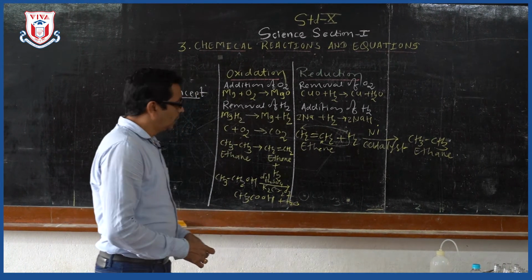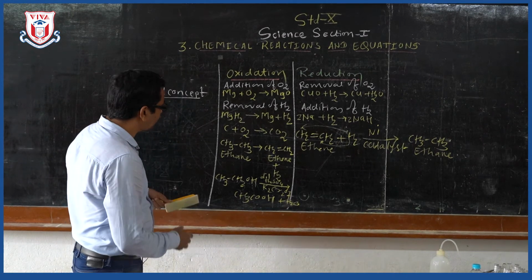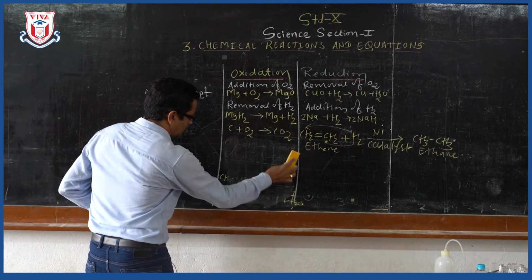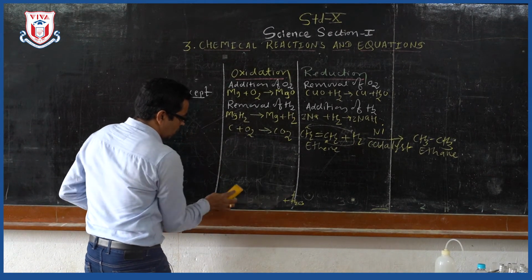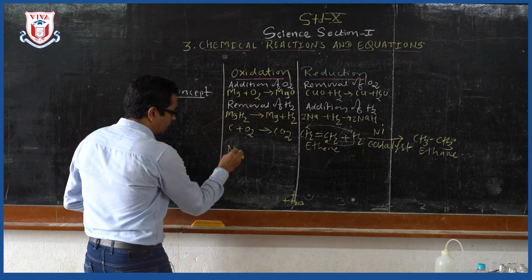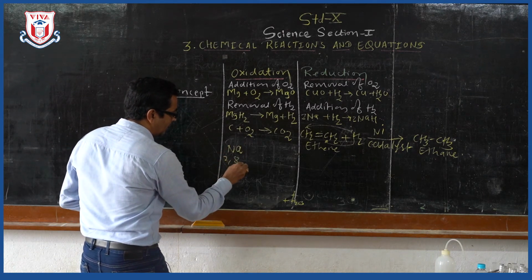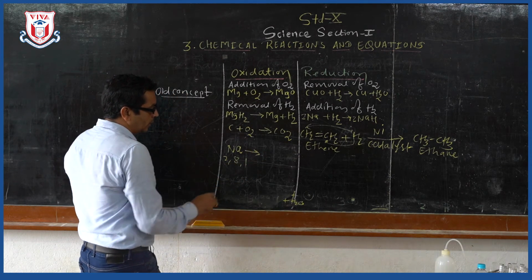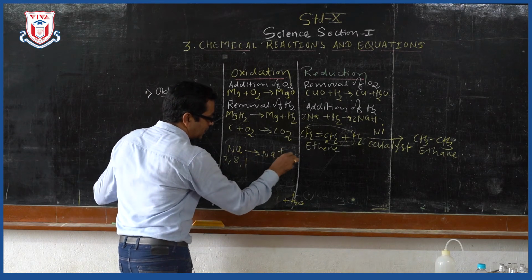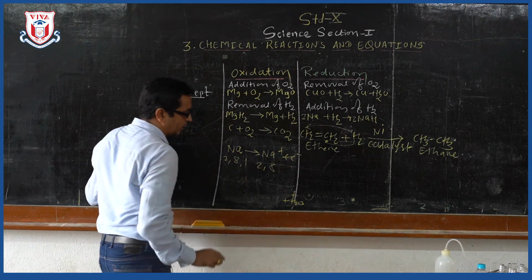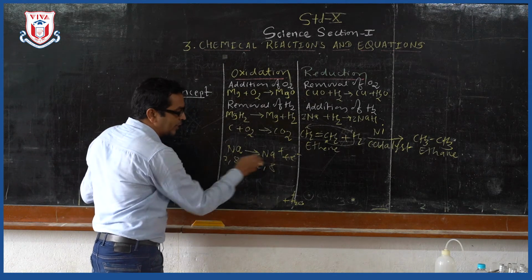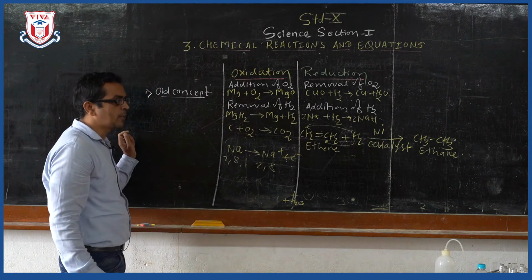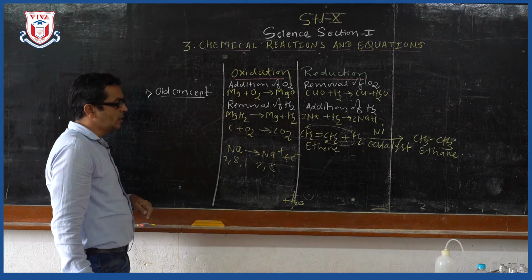Same way, you can write sodium having one electron in the outermost shell. So sodium is 2, 8 and the one electron. It will lose its one electron to become stable. So I can write Na plus 1 electron, and I will have 2, 8 electrons. So this is the process in which an electron is lost, and that's why this process is also called oxidation. The process in which an electron is lost is called oxidation.